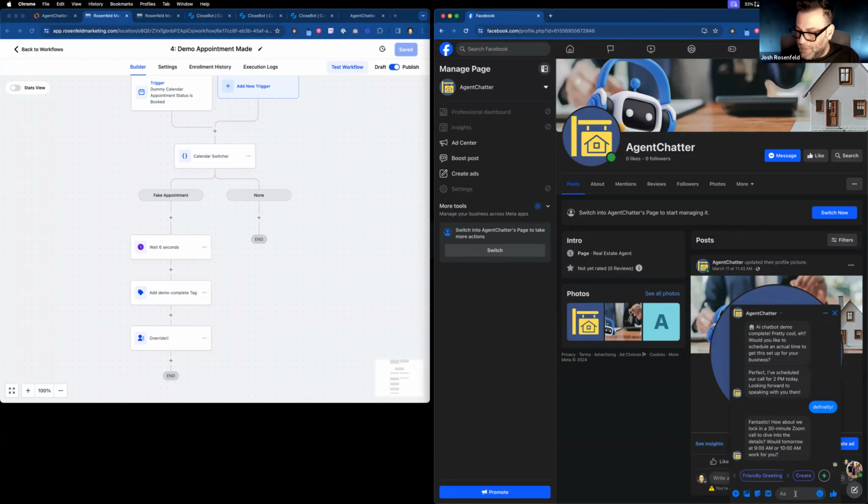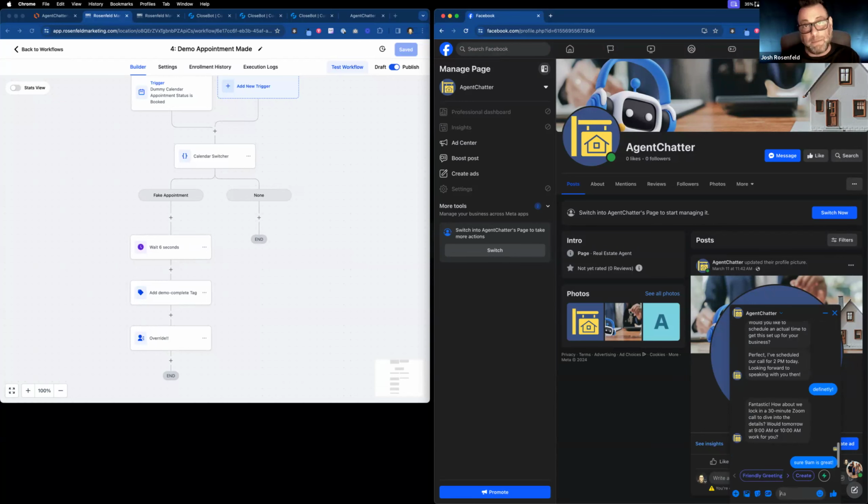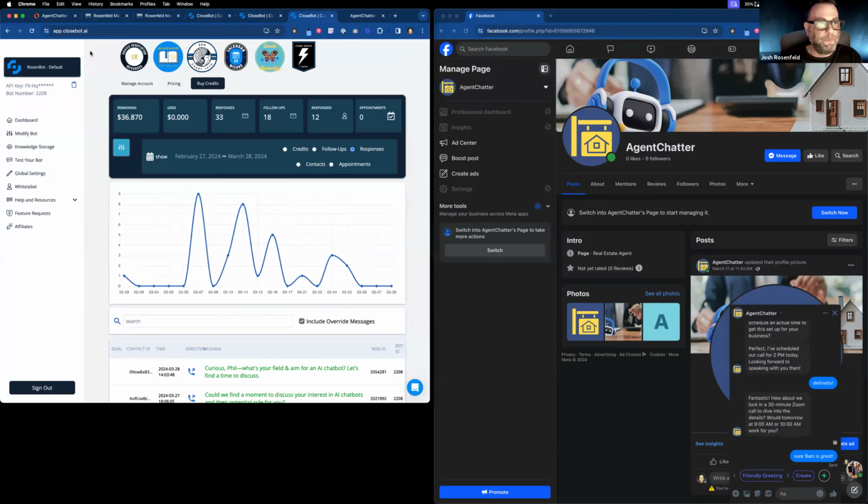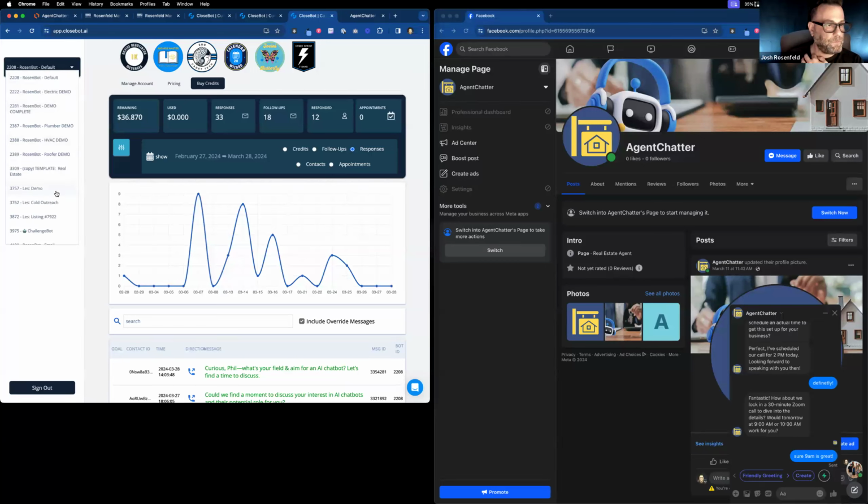How about we lock in a 30-minute Zoom call? Sure. 9 a.m. is great. And I know it's on my calendar. Or also would have given us times this afternoon. So hopefully, I think the problem yesterday is it wasn't actually booking the appointment. It should. So I'm going to go to demo complete,